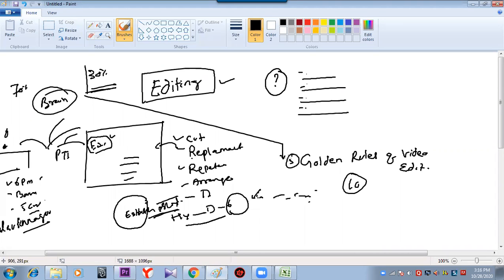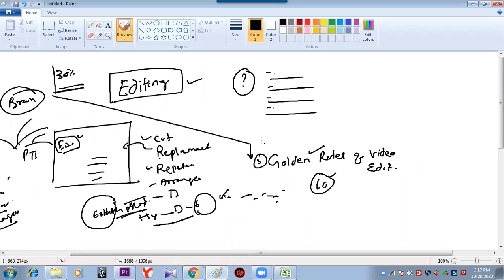Because they know editing. These technical people help it go faster. Premiere or any software is a speed-giving machine. They just get it arranged as per their requirement. The technician works as a machine, and they know machine language. So keep in mind what is to be learned before starting editing. You can search for the golden rules of editing on the net and you'll find 10 rules. I will anyhow cover them, but it is not in the syllabus. It is the extra part.